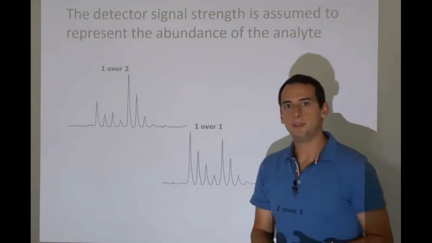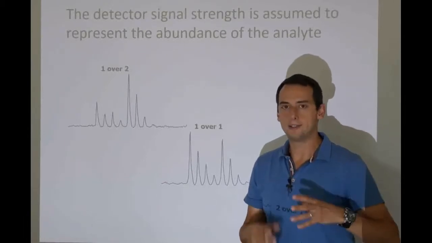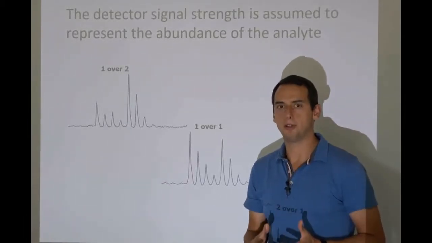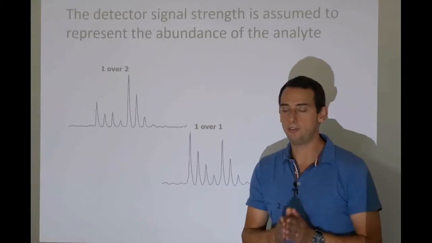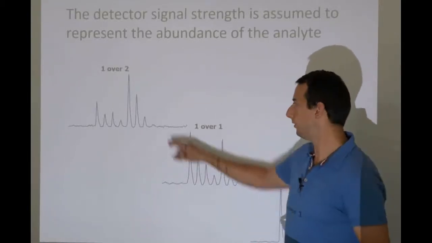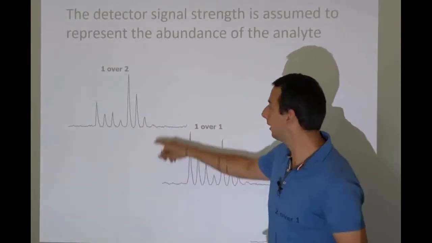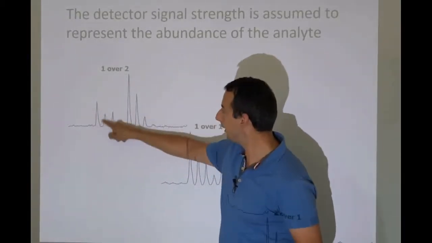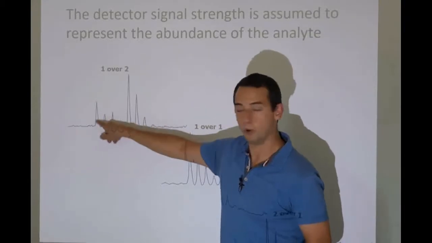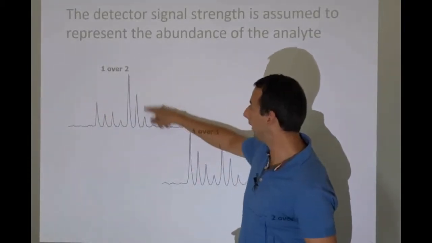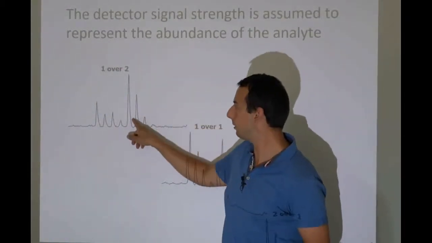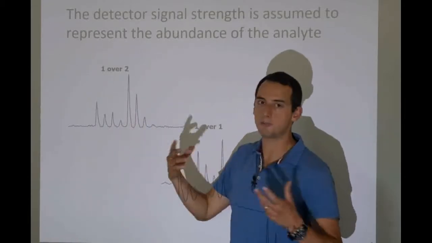Before we get into these limitations, let me first tell you why this is important. Why do we want to talk about limitations? We want to talk about the limitations because we actually use the intensity information in our mass spectra for a good purpose. We claim that if we see a signal like this, which is an isotopic envelope for one of our peptides, and another signal like this, which is, say, the same peptide, but with a spike in of a heavy compound,